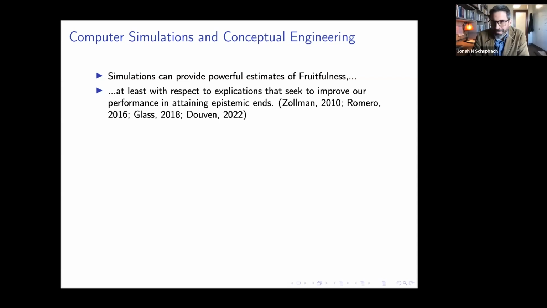Of course, I am not even close to the only person doing work like this. Just to take a couple of other examples of people doing similar work, especially in social epistemology, using game theory and computer simulations with game theory to try to gauge how fruitful certain explicata are, like group arrangements and group dynamics: Kevin Zollman, Felipe Romero, David Glass, and Igor Douven are all doing work like this. And there are many others, Cailin O'Connor, et cetera.